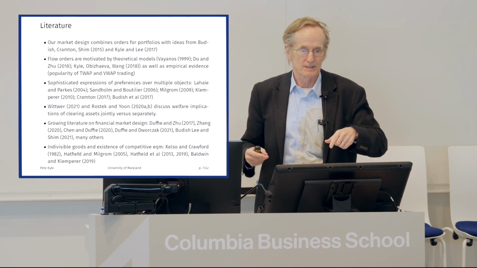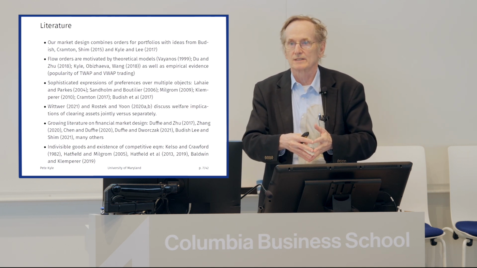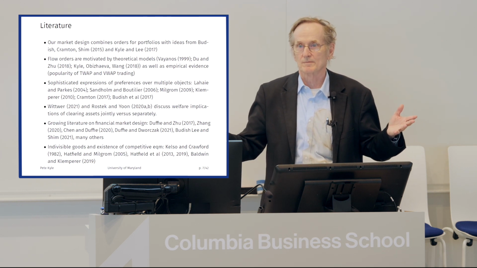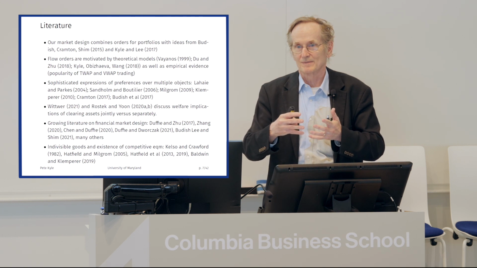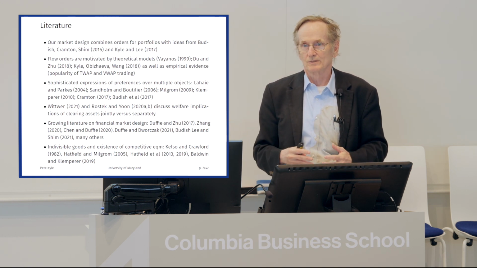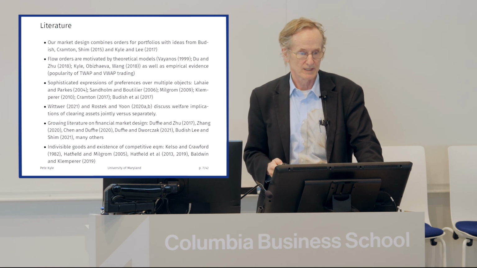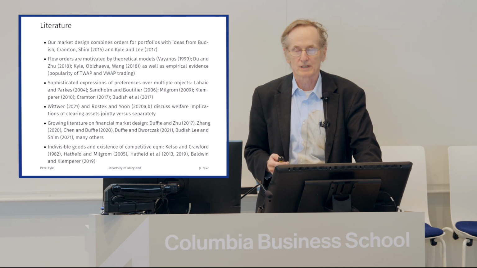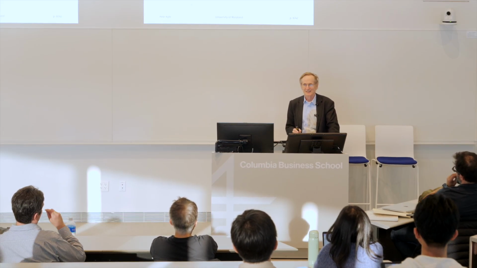And what our paper today, the flow trading paper I'm talking about, does is implement something that looks like this, except it implements it for portfolios. Our earlier paper was about one asset, a market for one asset. Of course, when you trade portfolios, like most asset managers do, you're trading them over time as well. And so this talks about how you would implement that kind of trading. Okay, so let me get down to the nitty-gritty of actually how the orders are going to work.